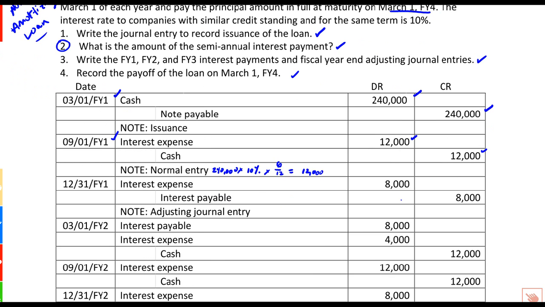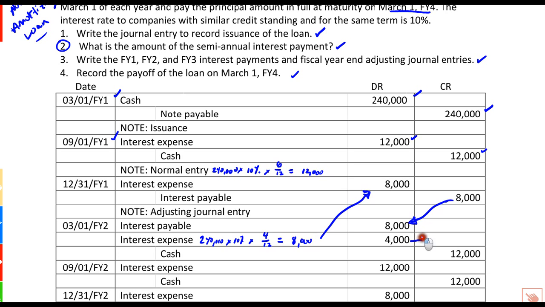Now we get to our adjusting entry. 240,000 times 10% times September, October, November, December. 4 months since the last payment, over 12 months for a year, and that's where the 8,000 comes from. And when we make the $12,000 payment on March 1 of the following year, we reduce the payable,